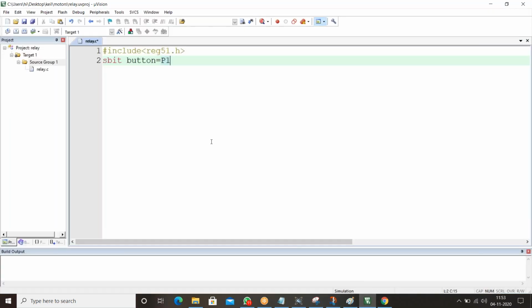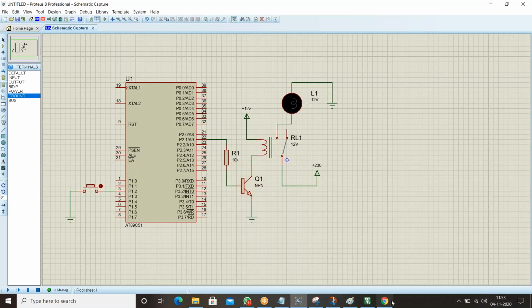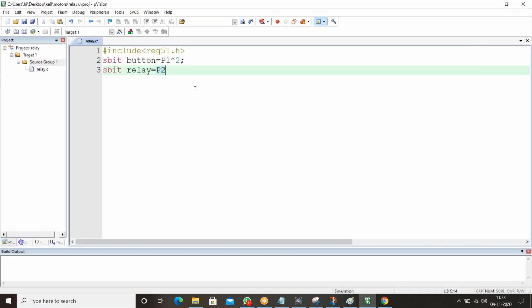Sbit button is equal to port 1 pin 2. Sbit relay is equal to port 2. Which pin did I connect? Pin number 1. Next one is void main, obviously our main function.